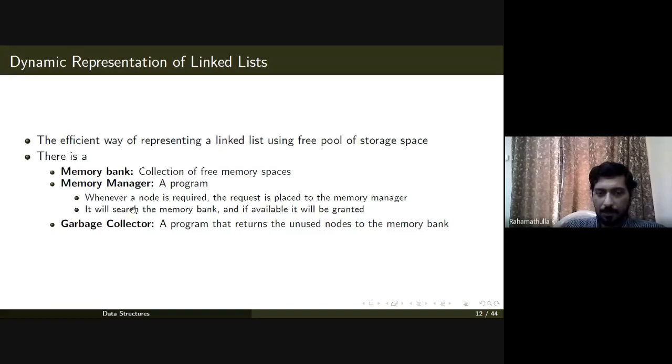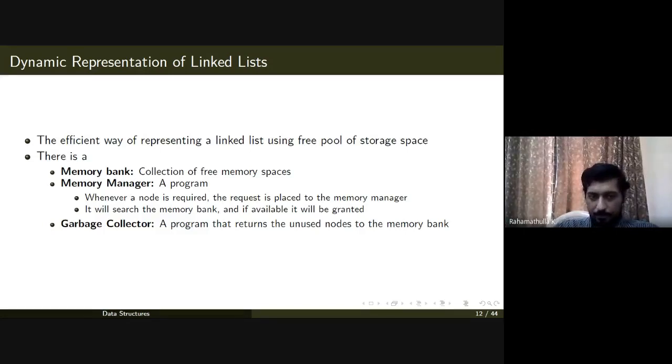A garbage collector does just the opposite thing, that is, it will be restoring the memory. It means that if you deallocate some memory, it will be adding that memory to something known as the available portion. So usually the memory manager will keep a list of free memory spaces as a memory bank. It may be kept as a list, or using any other data structure. Usually it is kept as a heap.